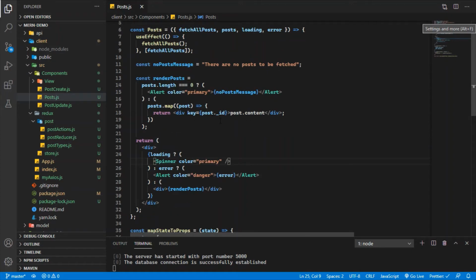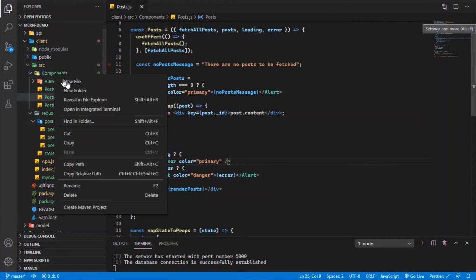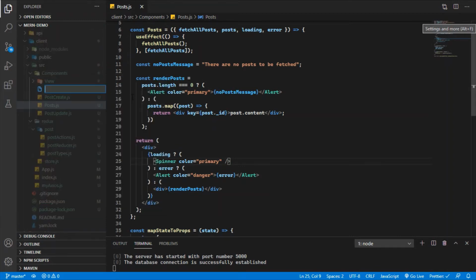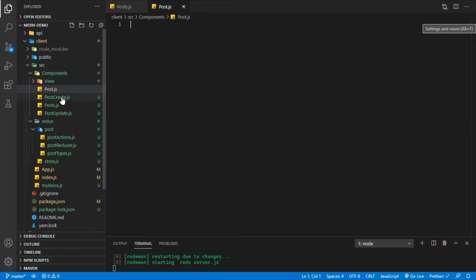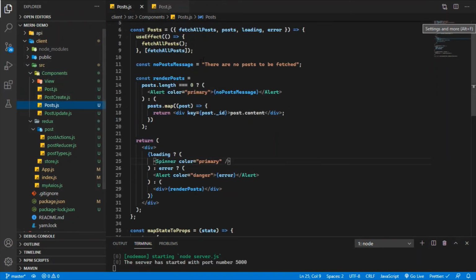So that's it, guys. And I'm also going to create a new component so that we can see the posts in a better way. This is just a div tag. For this part, guys, I'm going to create a new component called post. This is a component which is dependent upon the props of the posts that will go through this.